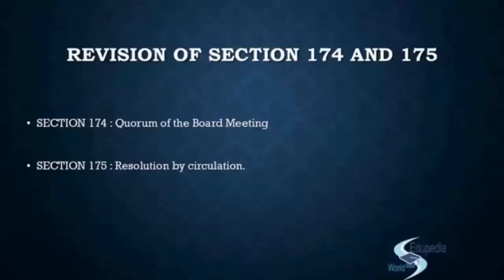So if we go by the steps, the resolution along with necessary papers are circulated in draft to all the directors. And where is it sent? It is sent to the registered address, right? And in this case, the registered address should be in India. If it is outside India, we will not send him the resolution by circulation. We will not send him the draft. And once they receive the resolution at the registered office, they will approve it and send it back. And the resolution would be approved only if it is approved by the majority of directors who are entitled to vote. That means who are not interested.